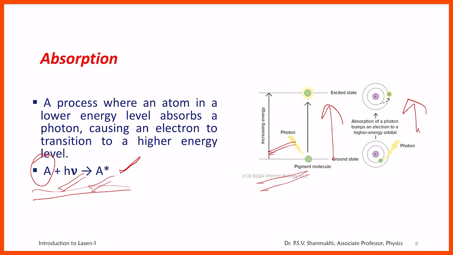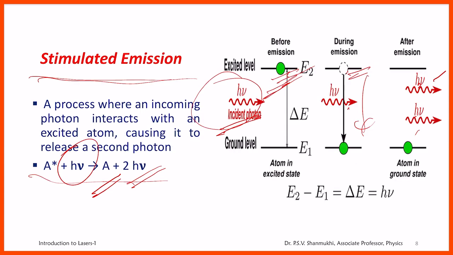But here, the light emitted is not coherent. At different times, at different places, the photons are emitted. That is why this light is not at all coherent, it is incoherent. Whereas in stimulated emission, before the lifetime is over, the incident photon stimulates the atom and 2 photons are emitted at a time. So, the light emitted during this process is highly coherent.